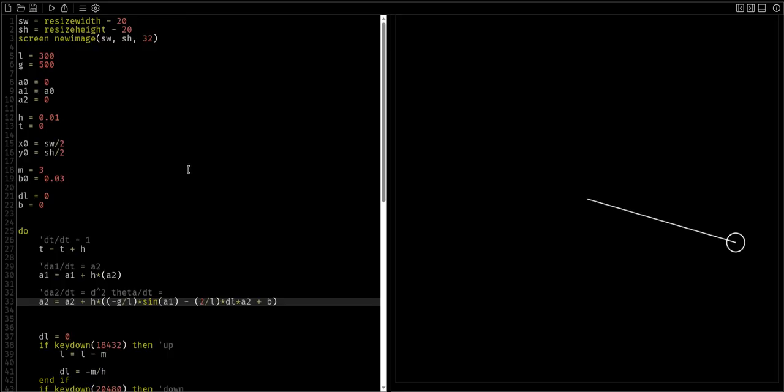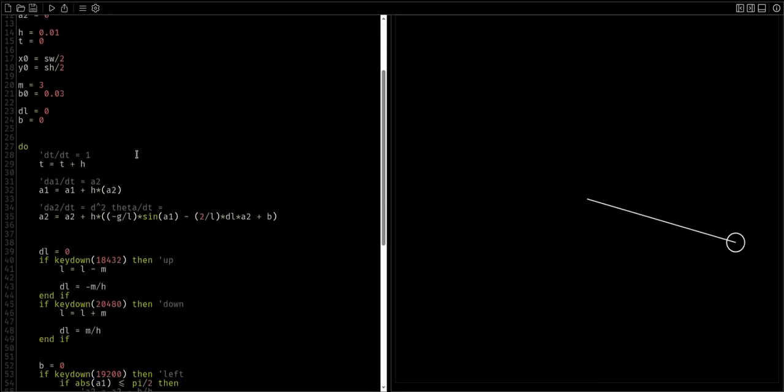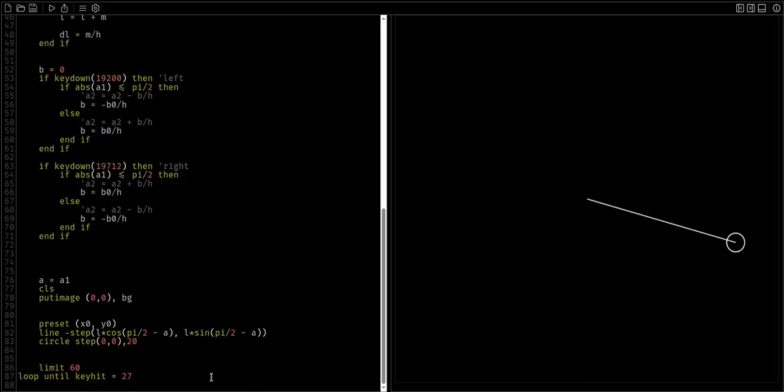And what we're going to do is introduce a new layer to the screen, as such. And every time we update the pendulum visual, we will draw